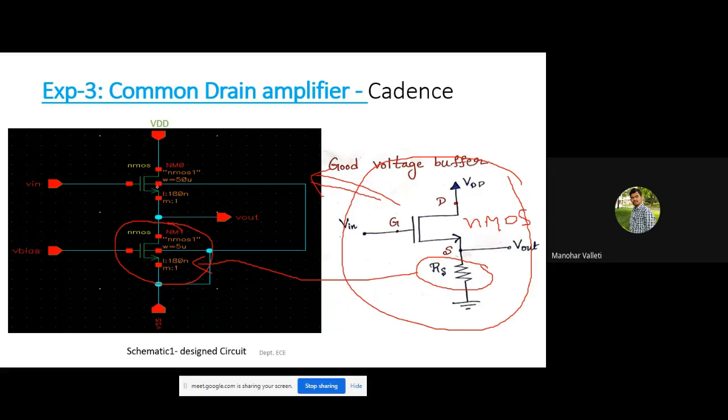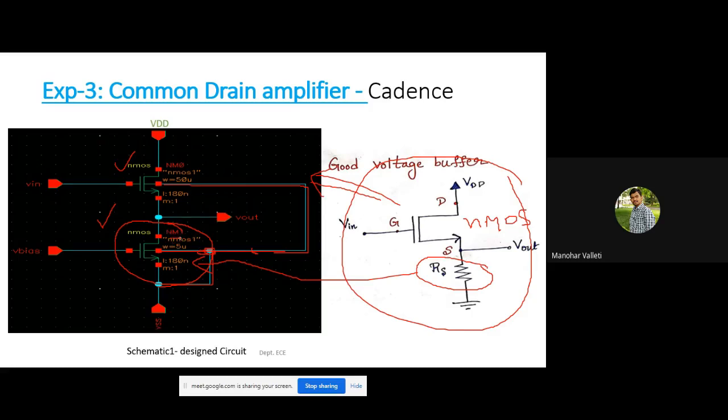As you know, for any NMOS transistor, the substrate has to be connected to ground. Here two NMOS transistors are there, and both NMOS transistor substrates have to be grounded. Combinedly it is grounded like this, so please don't get confused by the circuit; I only want to connect it in Cadence like this.